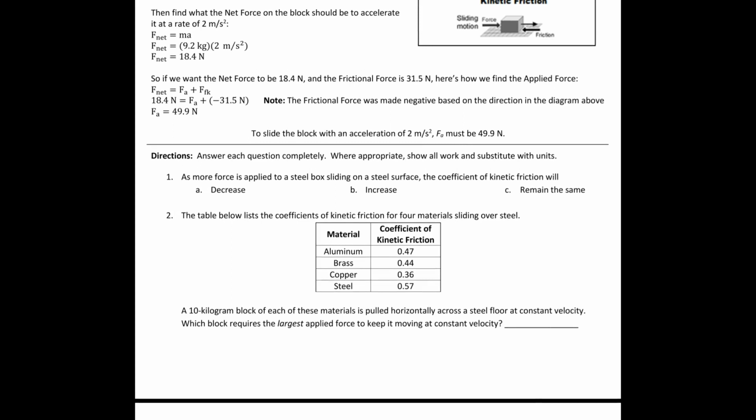Number one, as more force is applied to a steel box sliding on a steel surface, the coefficient of kinetic friction will decrease, increase, or remain the same. Remember, the coefficient of kinetic friction is just a ratio of the frictional force to the normal force. If you increase your applied force, it's not going to change either one of these variables. Another way to think of the coefficient of friction, it's just a measure of the roughness